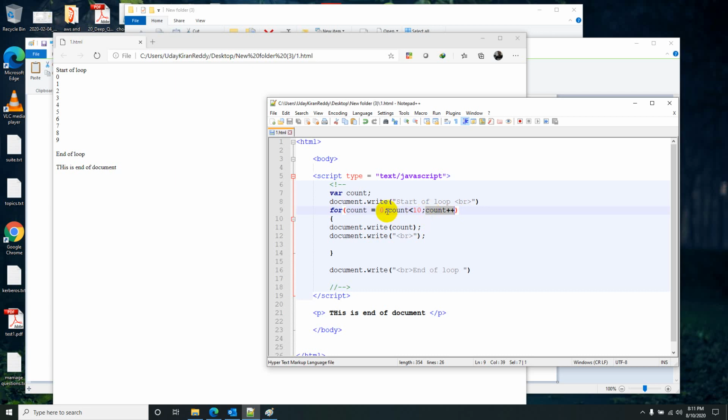This for loop, while loop and all, here what we are doing is we are checking for a condition. But let's say we have an array or a list where we are having some 10 or 20 set of elements and we want to execute the loop one by one for each and every element. In that case, we can use a for each loop. So here what happens is